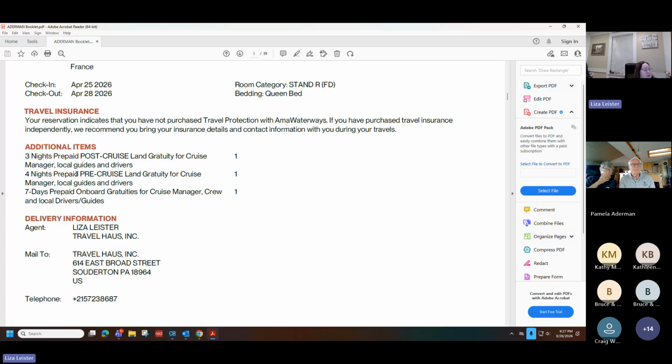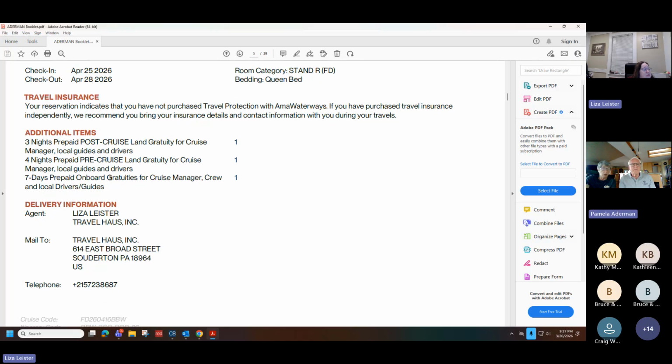So for the pre-package for Bilbao and San Sebastian, again, this was included. You can see that for Larry. And again, that's the cruise manager, local guides and drivers. And then here, he did the onboard gratuities for the cruise manager, crew, and local drivers. At one point when we initially booked, they weren't allowing you to prepay the gratuities for the drivers and guides, so you'd always have to tip them.